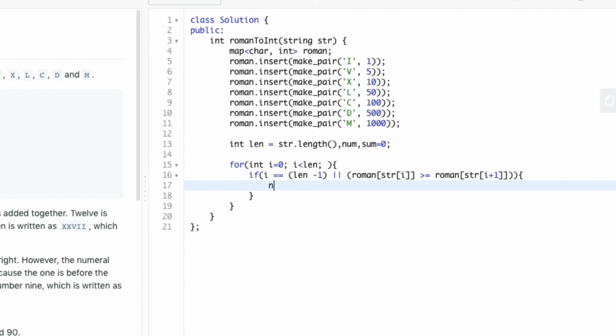If so, then the value of num is the value of the ith character, and we increment i.